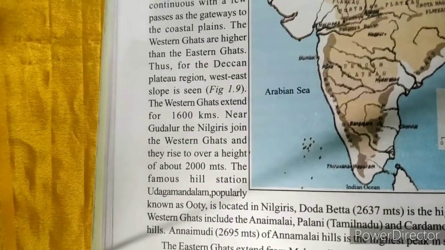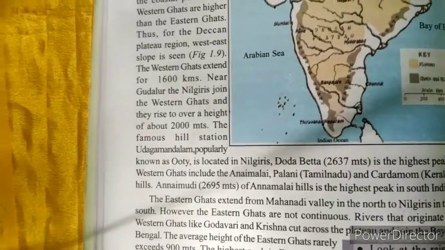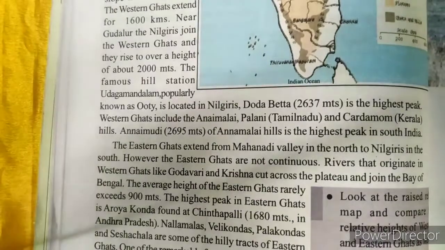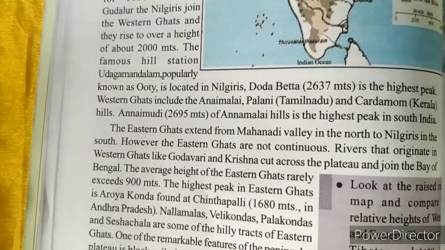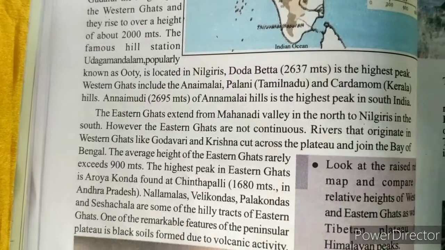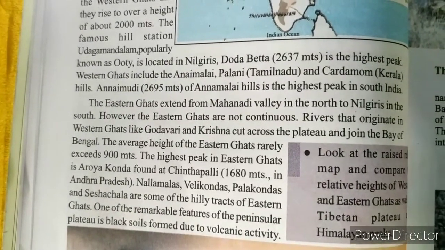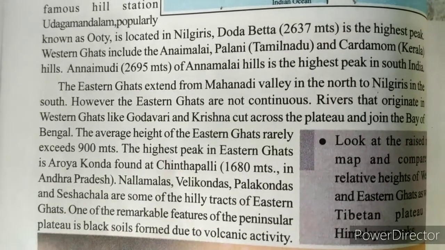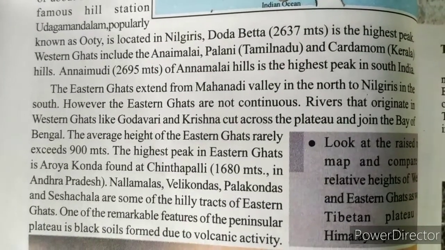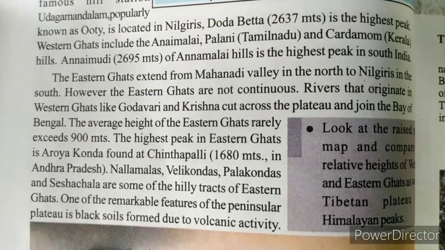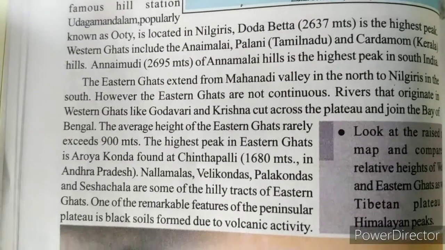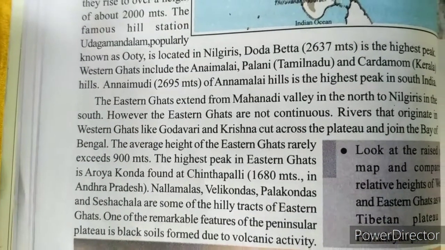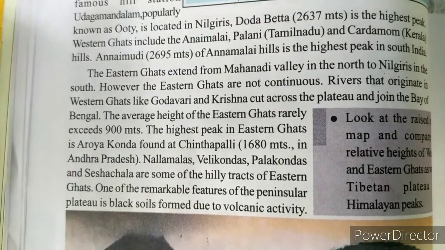Next is the Eastern Ghats. The Eastern Ghats run close and parallel to the east coast, starting from the Mahanadi Valley in Odisha, and they are not continuous like the Western Ghats. There are larger gaps between these Ghats, and rivers like the Kaveri, Krishna, Penna and Tungabhadra flow in between them. And next, we will see the Indo-Gangetic Plain.